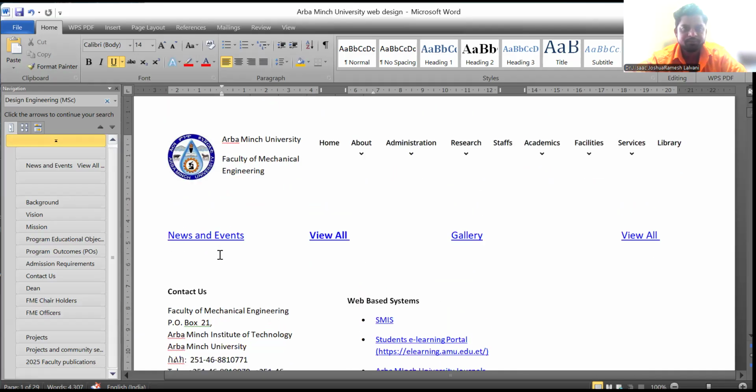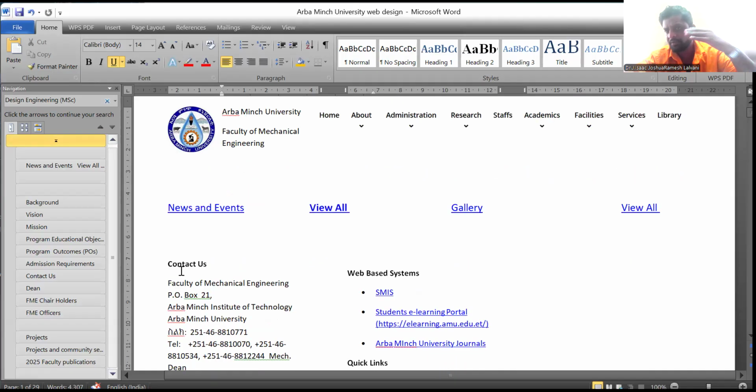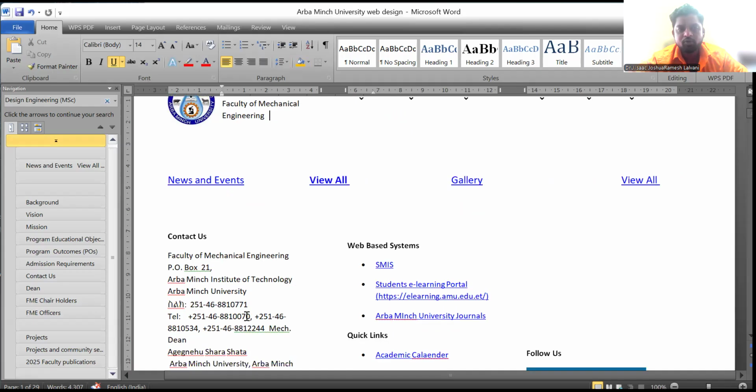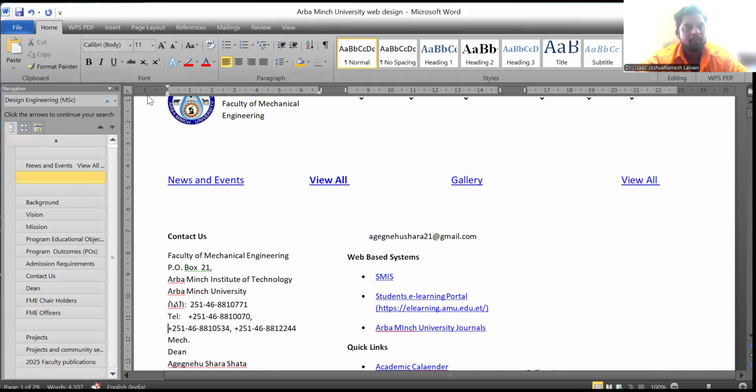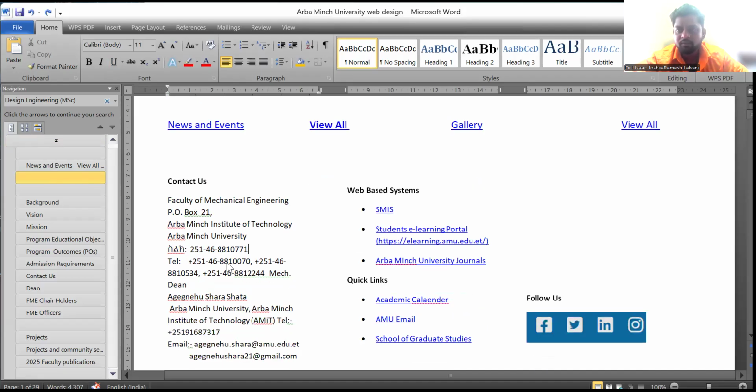And again at the bottom, we need the contact us. I am speaking about the footer of this home page or the website page of the faculty. Here you can have about the faculty of mechanical postdocs, all this phone number and this fax number details. So anyway, finalize the phone number and fax number based upon the latest one. This I have taken from the faculty